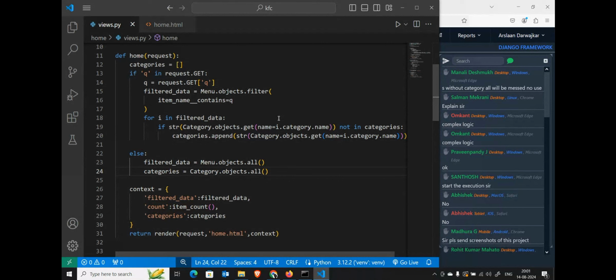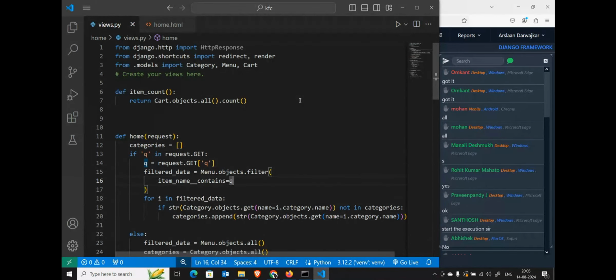A Fibonacci series, Fibonacci or Fibonacci, whatever you call it. Logic is like I at least